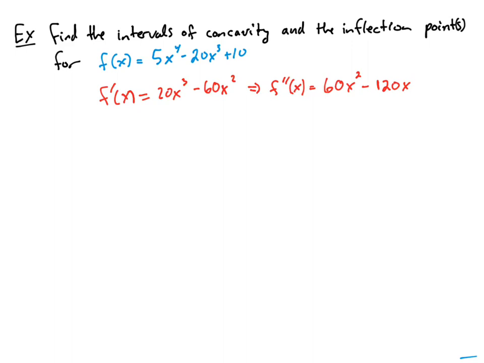All right, so in order to find the concavity, we need to figure out when the second derivative is equal to 0. So we're going to set 60x squared minus 120x equal to 0, and then solve that equation. I factor out the 60x first. So we have two factors, set each factor equal to 0. I'm going to get x is equal to 0 and x is equal to,